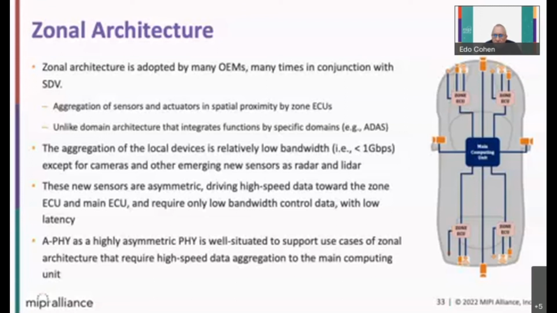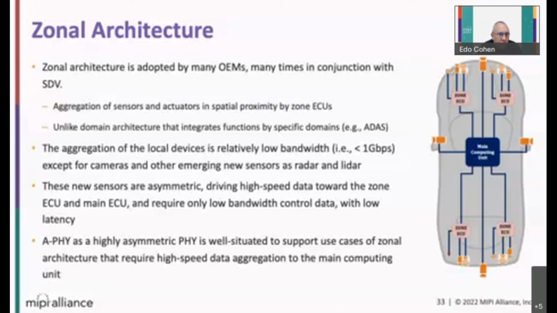And the main advantage here for A-PHY is that in these cases, the direction of the high speed is mainly asymmetrical. And the direction is from the end unit to the main computing unit.